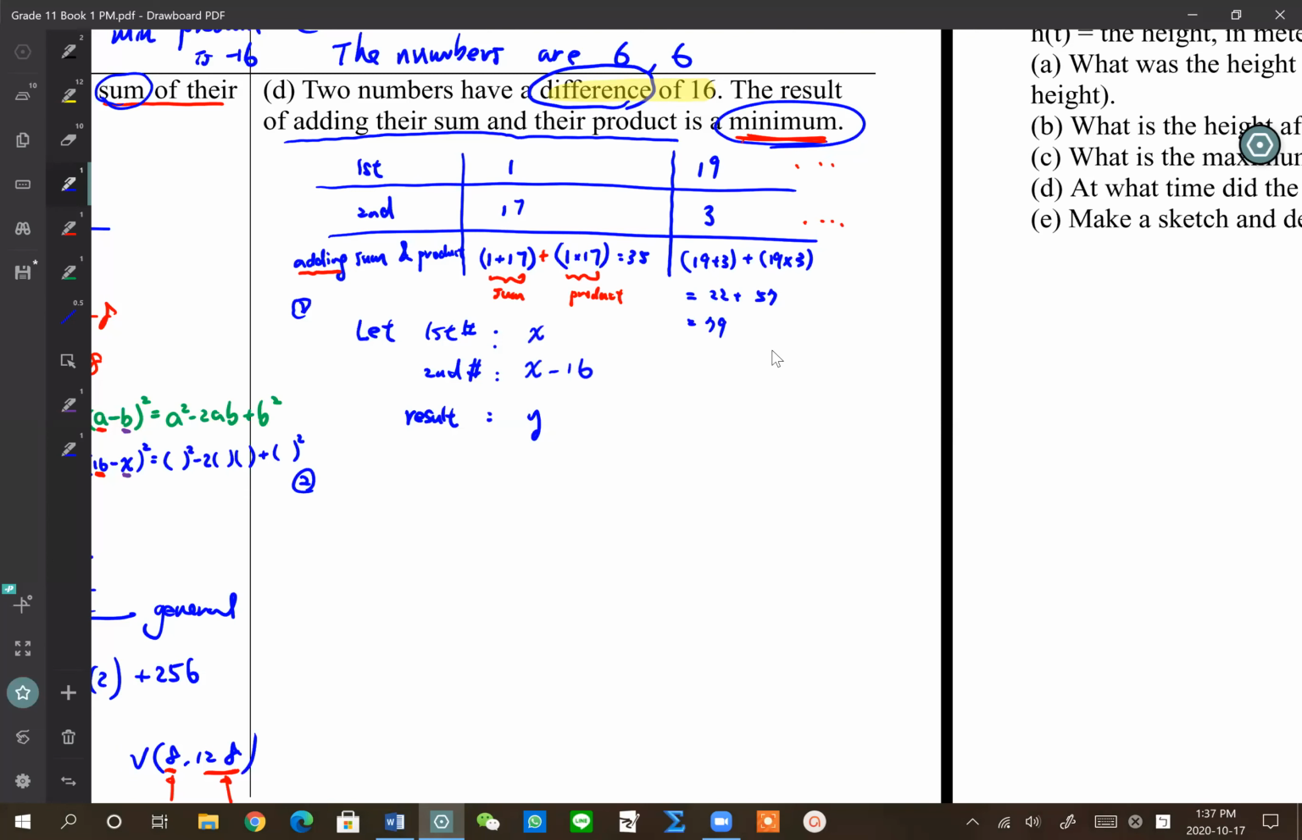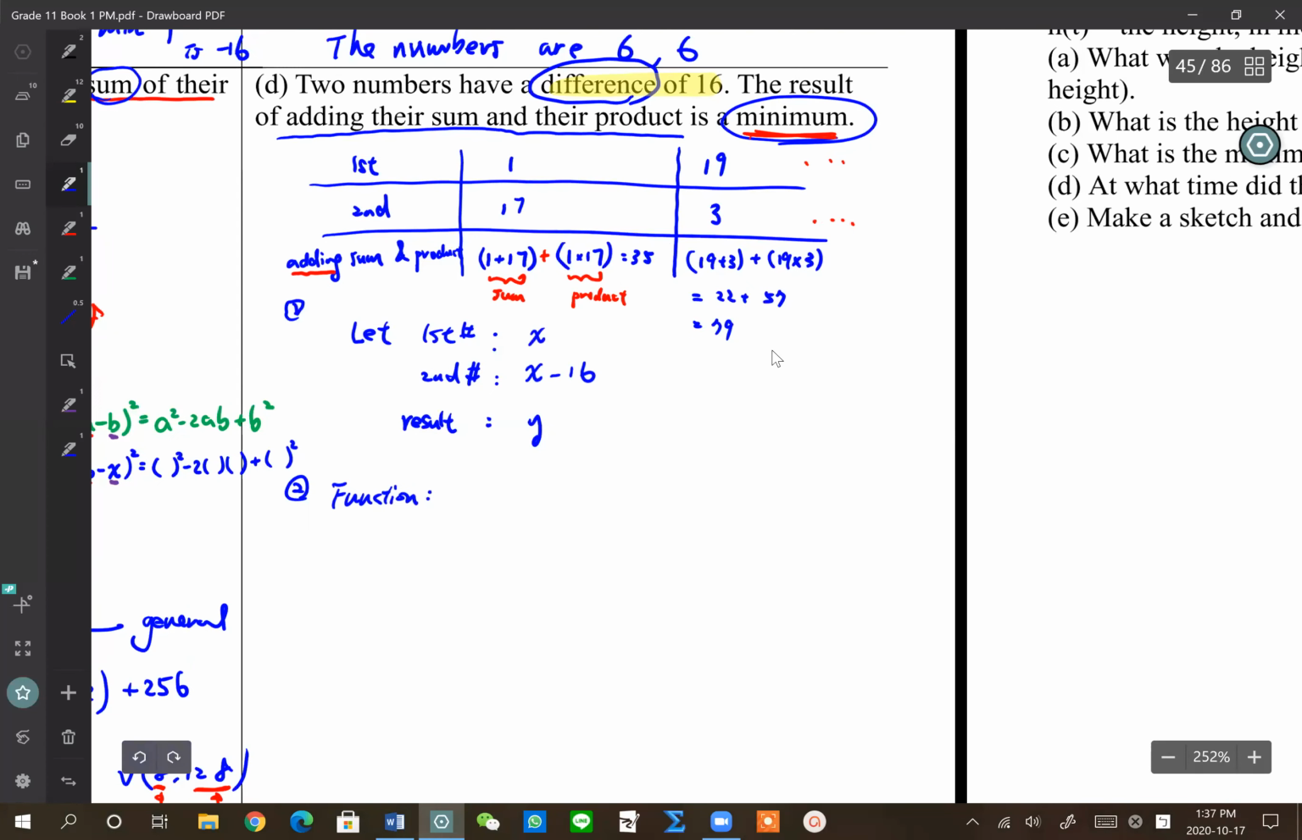Now we want to do the function now. So it says the result of adding, right? Result is the y. The result of adding the sum, okay? So first thing is the sum. Sum means you add the two numbers up. First number is x. Second number is x minus 16. You add them up. This is called the sum,